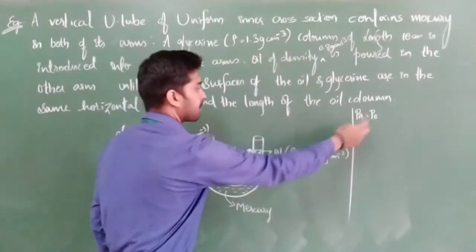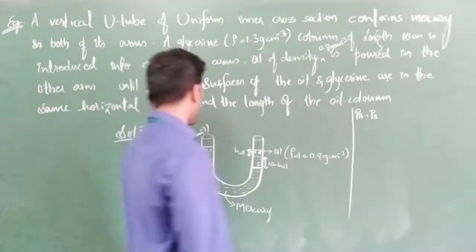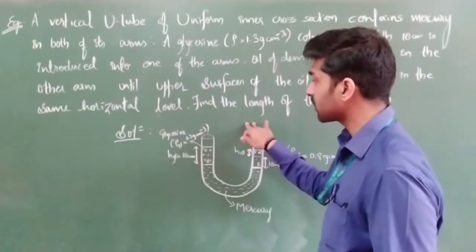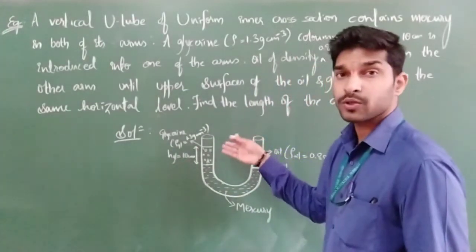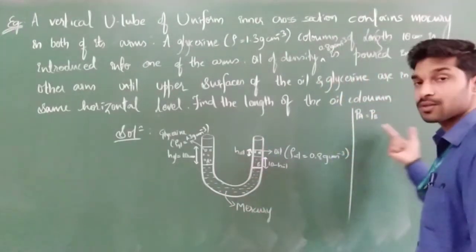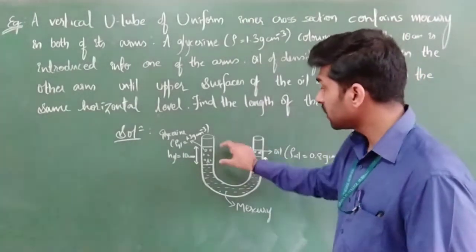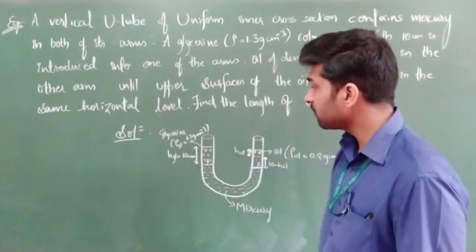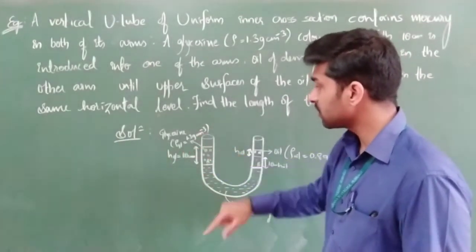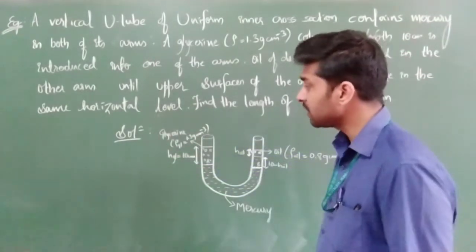So pressure at point A due to this liquid column. What will it be at point A in the absence of atmospheric pressure? If we are considering the presence of atmospheric pressure also, you can consider it, but on the left-hand side P_A plus something, that P_A will get cancelled. Check it. So here, pressure at this point will be what? For this density of glycerine, H they had given, and acceleration due to gravity will be acting in the downward direction.